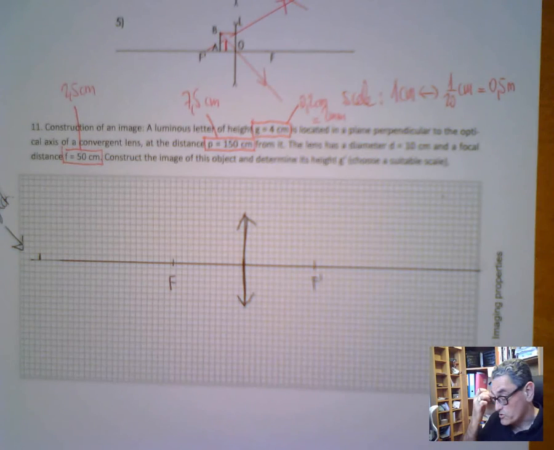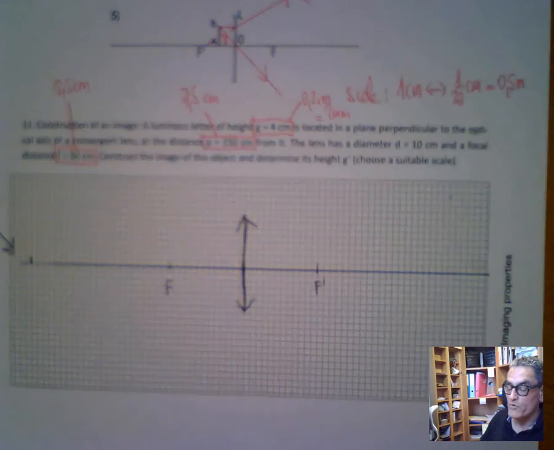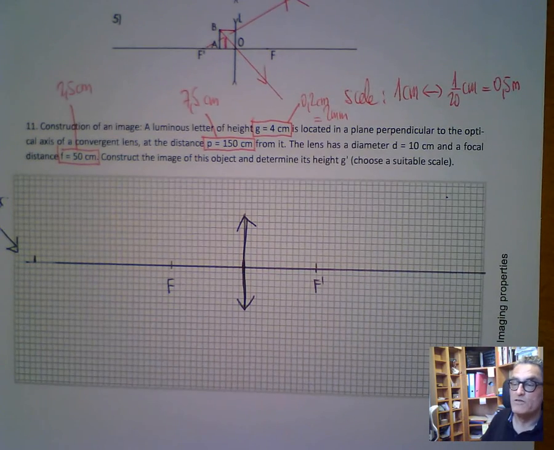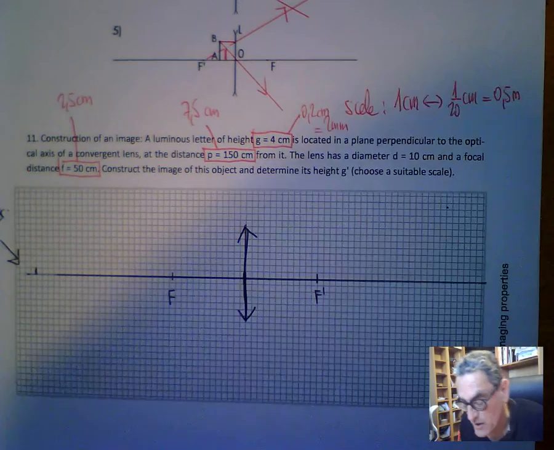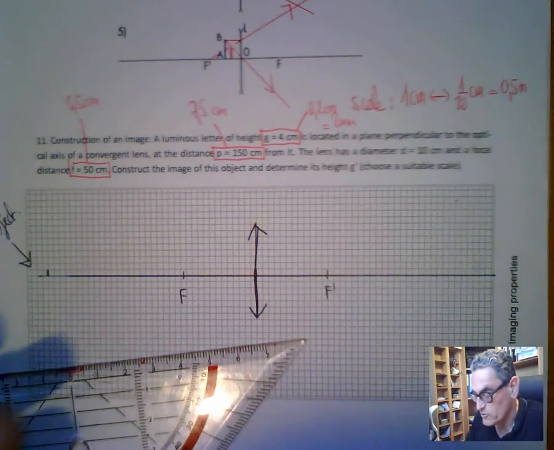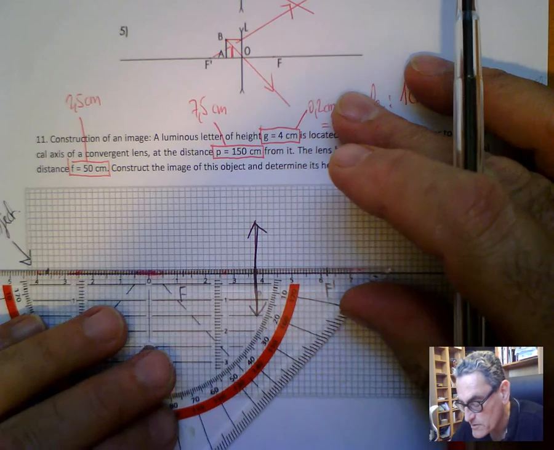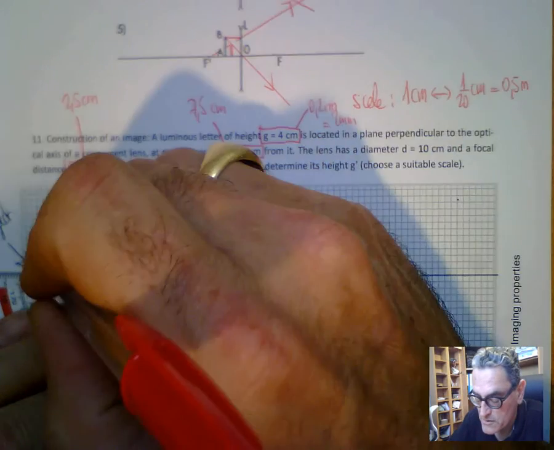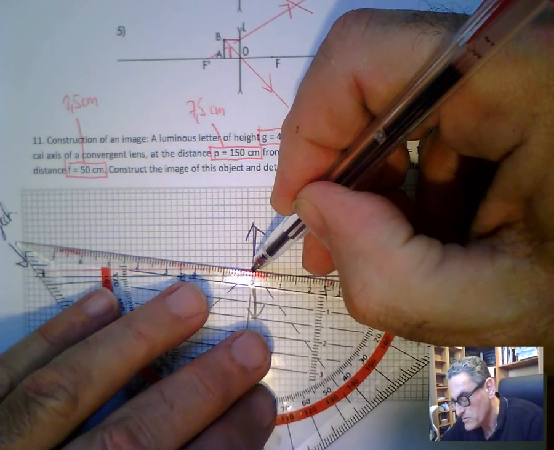Okay, now how do you construct the image of this object? What do you think? Where is the image going to be, in that case? Intuitively. You have an idea? On the right side after the focal point? Yeah. It's going to be a small image, probably because we are away from the focal point. Okay, and so it's going to be like this,